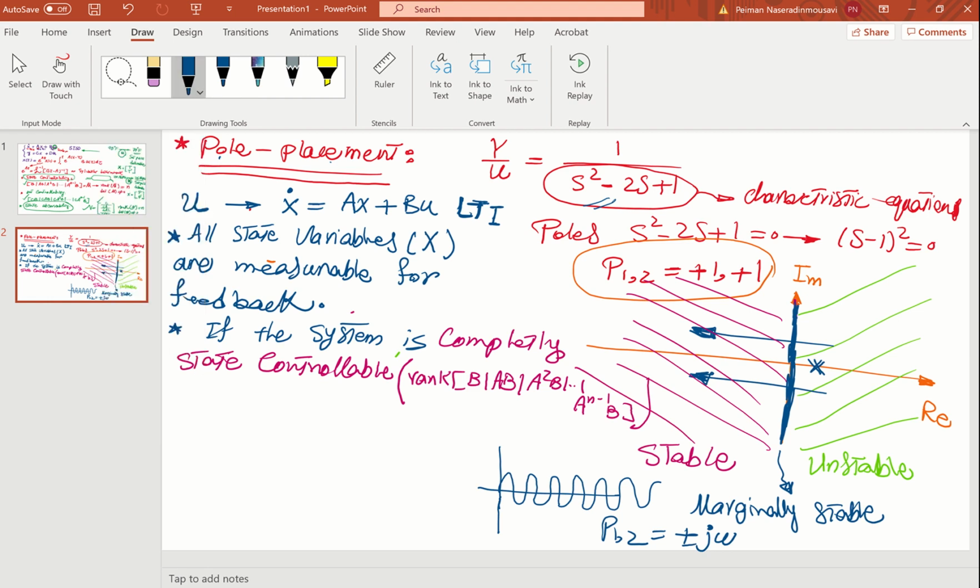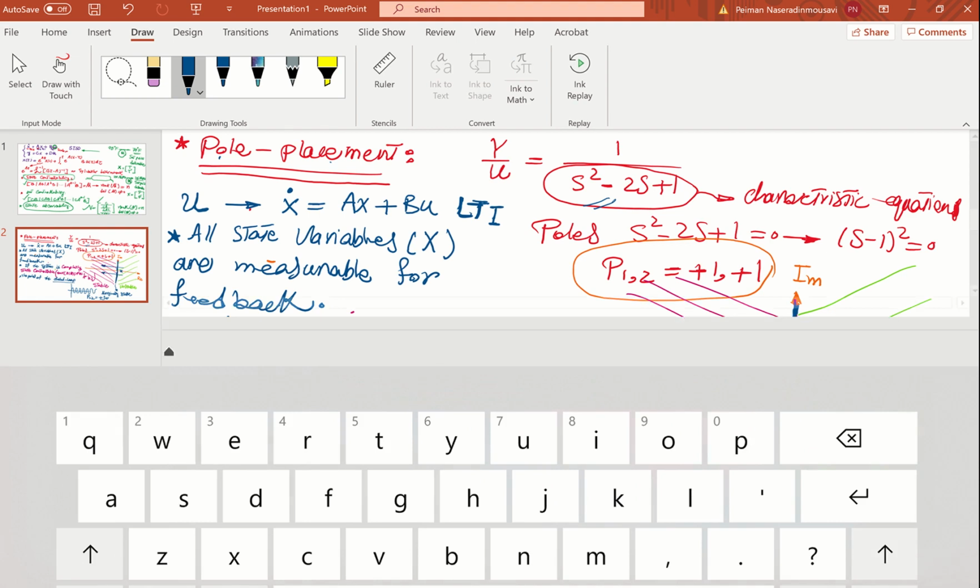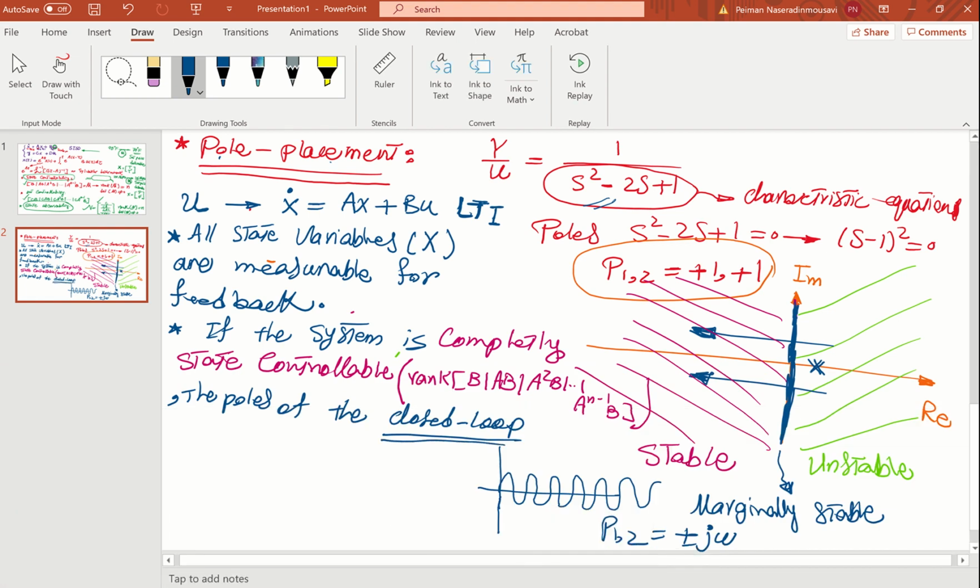Do it in black. The poles of the closed loop, you know this term from undergraduate control, right? The closed loop system may be placed, pole placement, at any